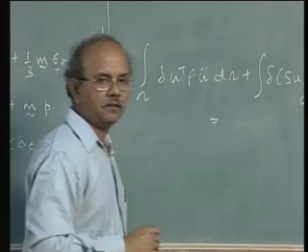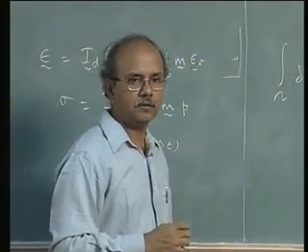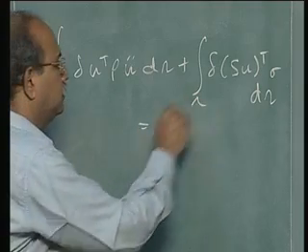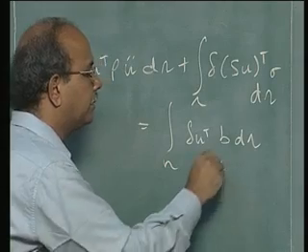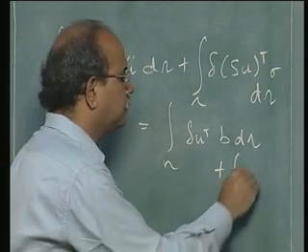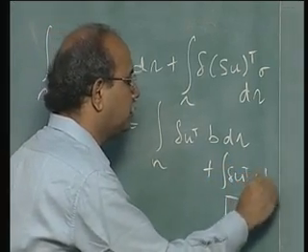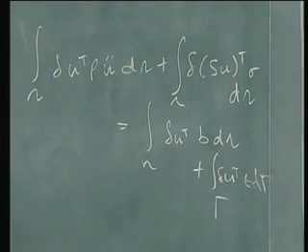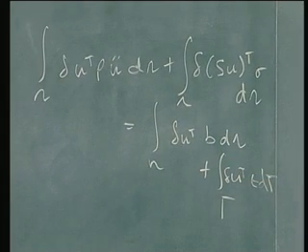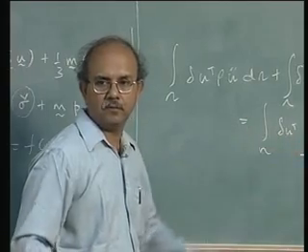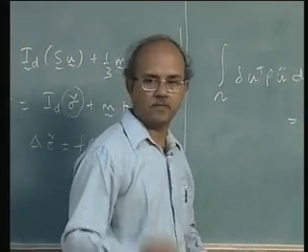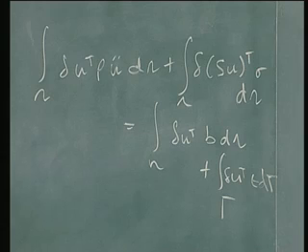is equal to the external virtual work, which happens to be delta u transpose b d omega plus delta u transpose t d gamma. See, the internal virtual work is equal to the external virtual work, our underlying principle. Last time we did that. So these two, left hand side and the right hand side, are the same.